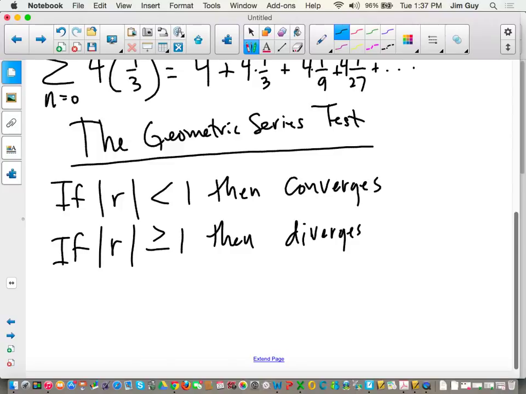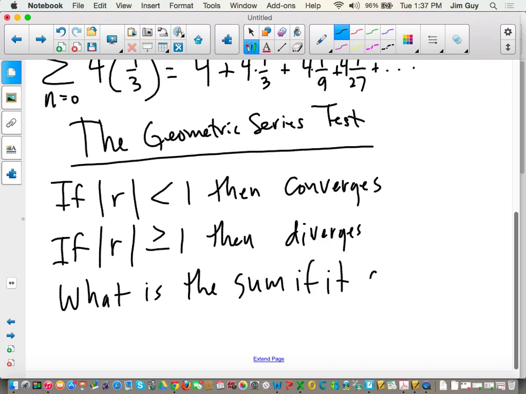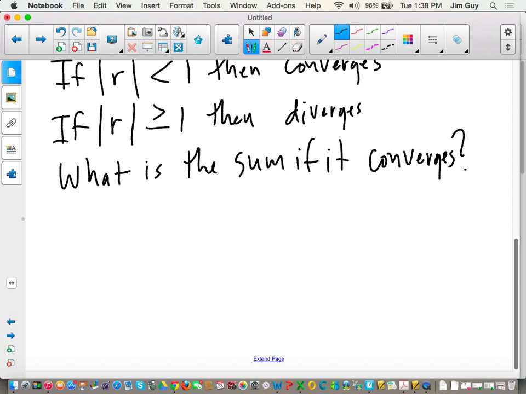Okay. A follow-up question, which will most likely occur for geometric problems, is what is the sum if it converges? And I know you probably don't remember this because you should have really memorized this formula at one point. It would have helped on ACT for sure. But there's a formula to figure it out. So if this is your geometric problem,